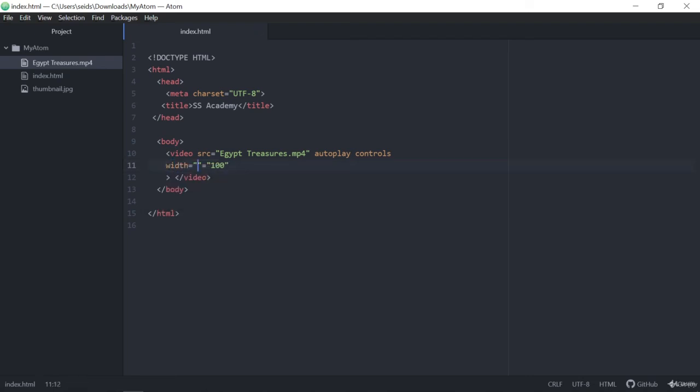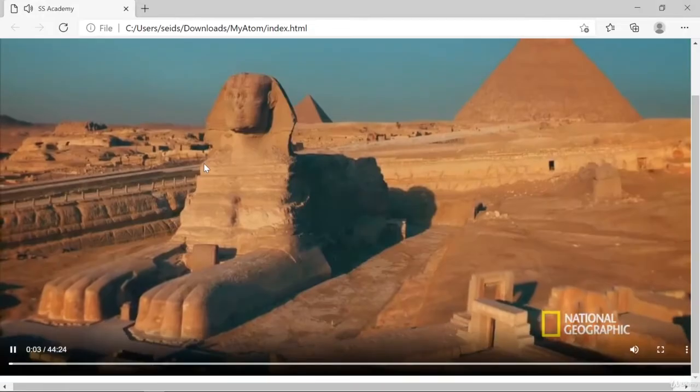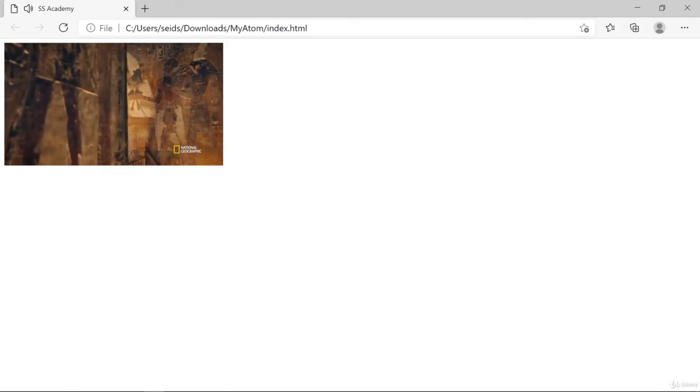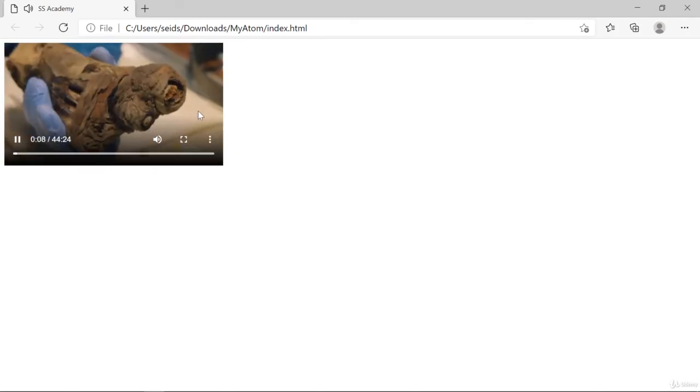Let's change this to width. Okay, if I, oh, I made a mistake here. If I write here, for example, 400, if I come back to my website and refresh this, you can see it is my width. And although I didn't give here any height, my HTML by default will create height for me. Okay guys,